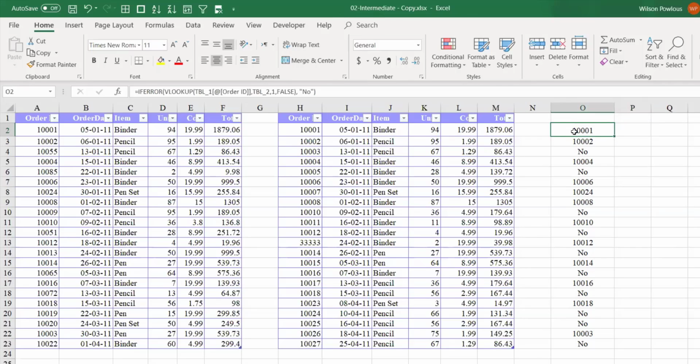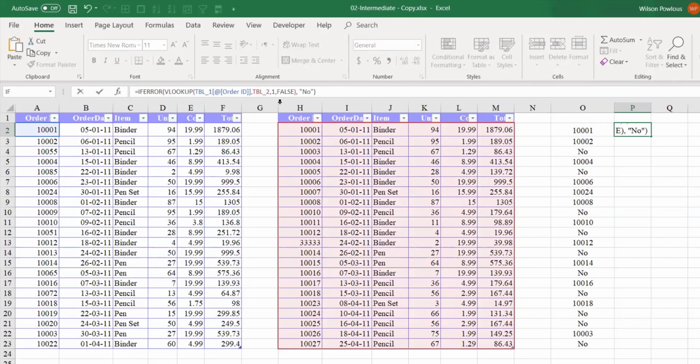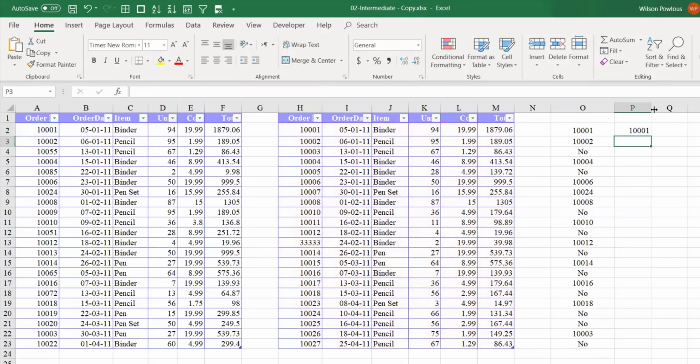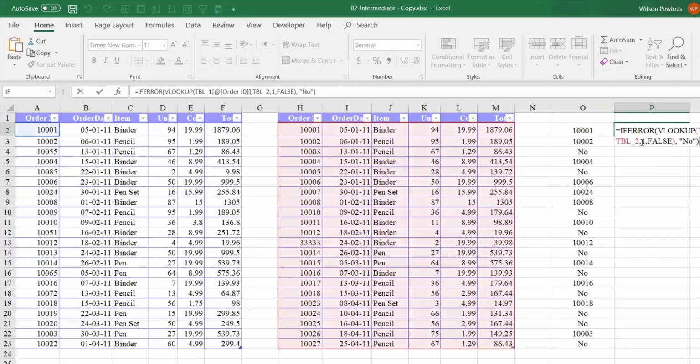So again, we'll put the same formula. What we can do is we'll just copy from here, same formula, and we'll put it here. If you're copying directly to the formula bar, that is not going to increment it. So here, again, it returned 1001. That is because we said we want column 1. So instead we'll say column 6.